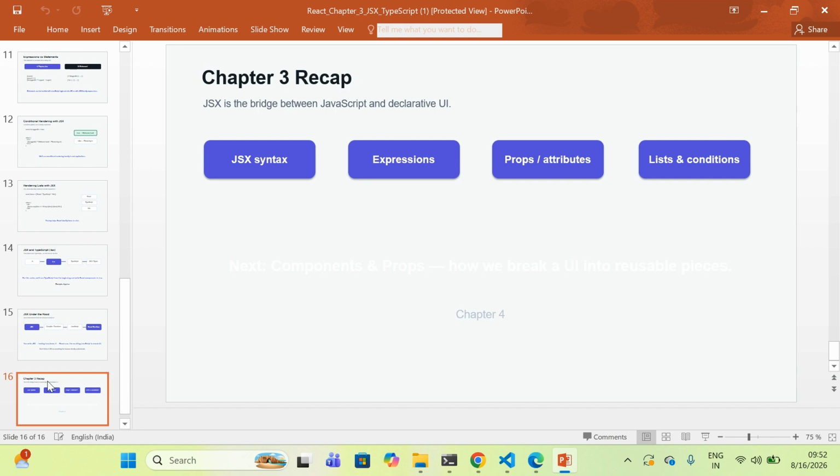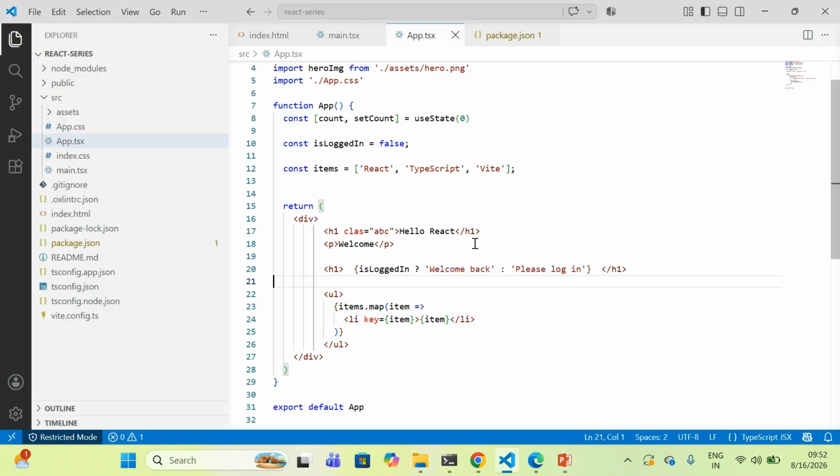We learned that JSX expects expressions rather than statements. We saw how this enables conditional rendering, line number 20. We saw how the JavaScript map function allows us to write dynamic lists. We also learned why our React components use .tsx files when we are working with TypeScript. And finally, we looked at what happens to JSX before the browser actually runs our application.